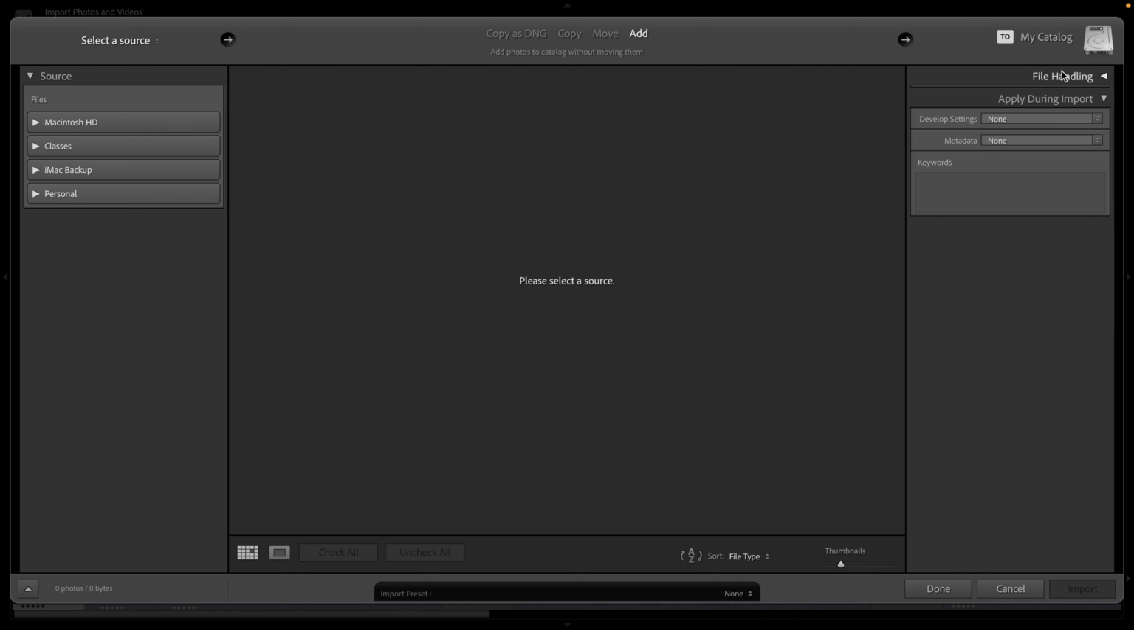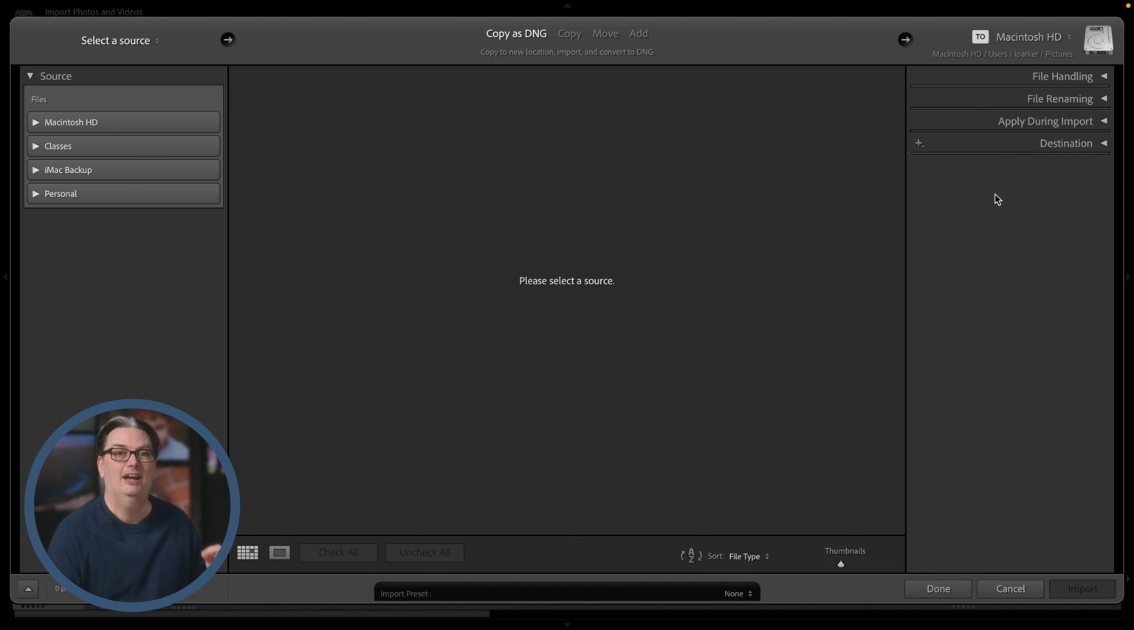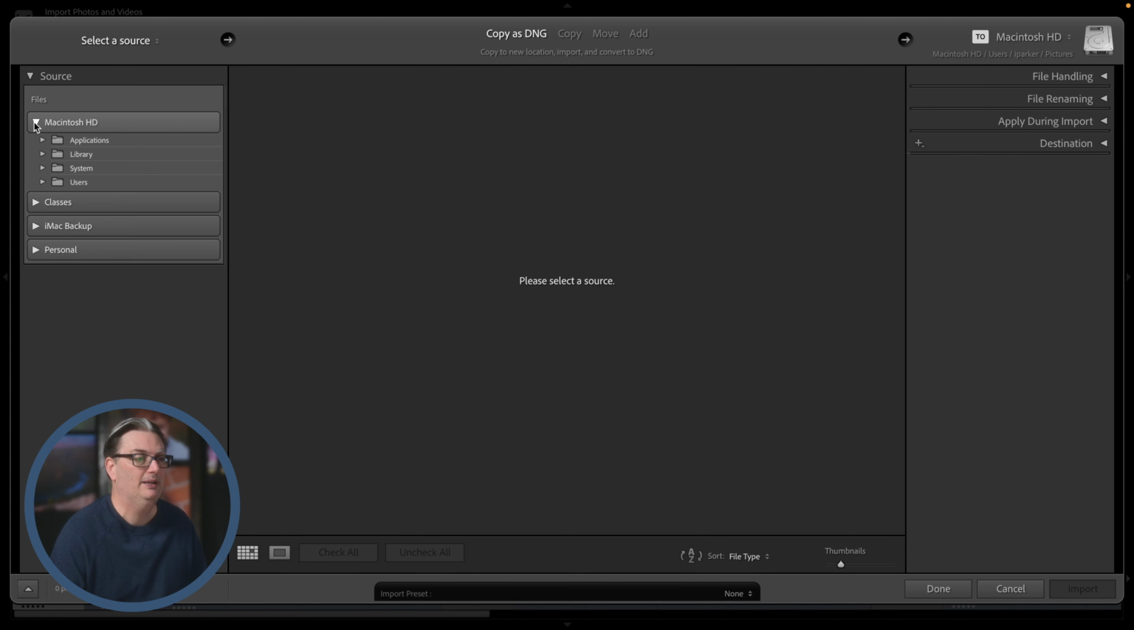And then on the right side, you will have some options you can select before you import that can help you streamline your workflow and improve your productivity. So we're going to go over all of these different panels as well as these four options up here, which are going to alter the options you will see visible over here on the right side. So let's go ahead and start with the source and dig a little deeper into the source section, because there's